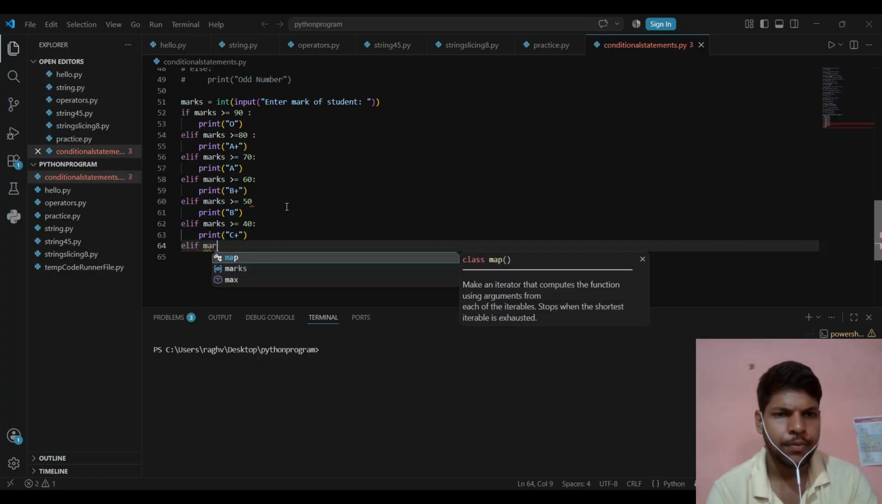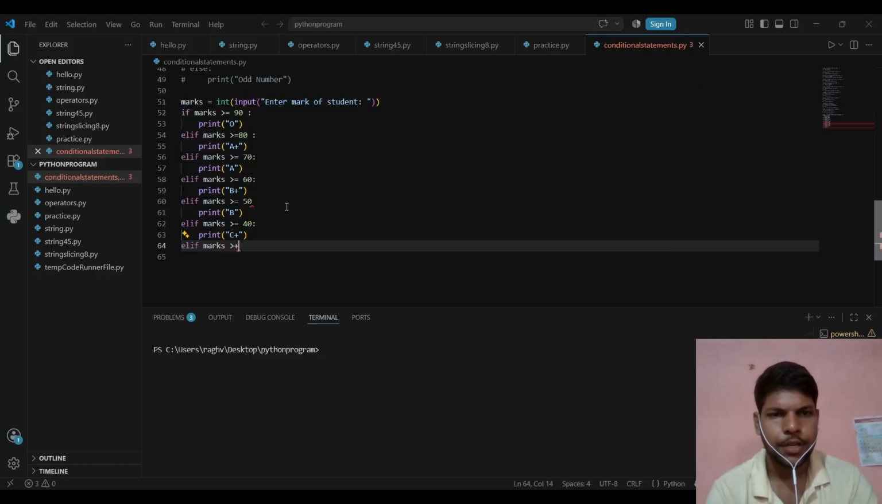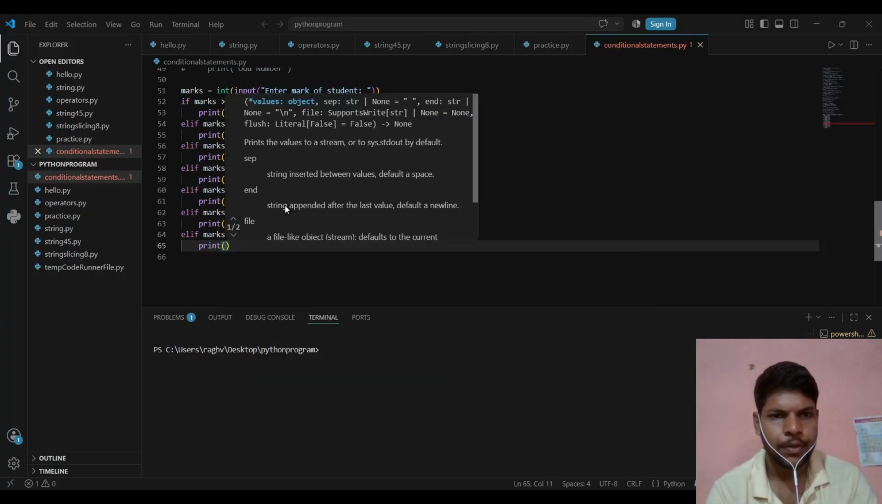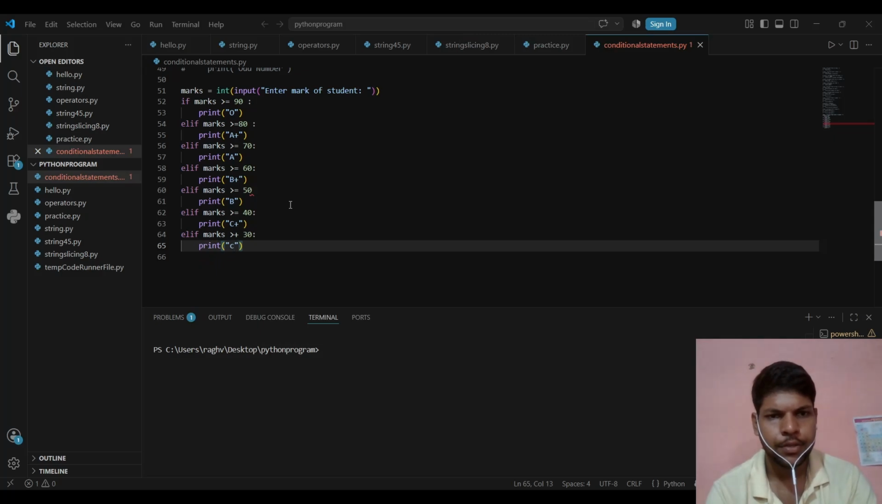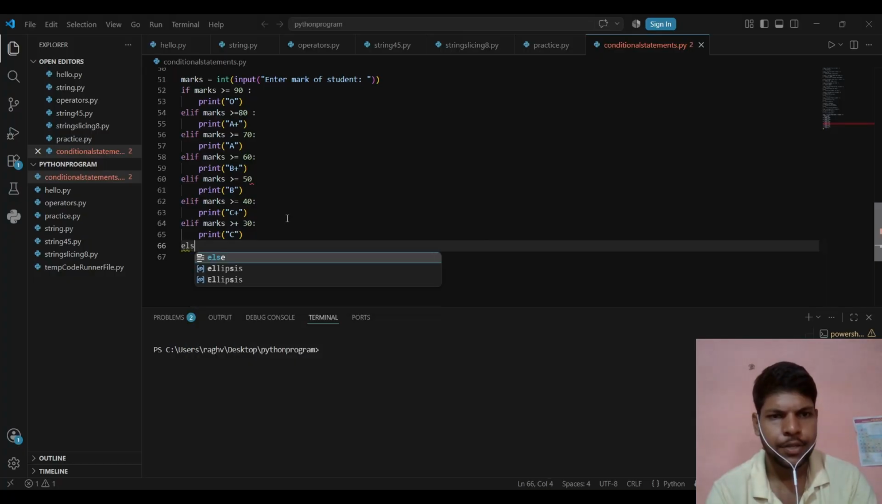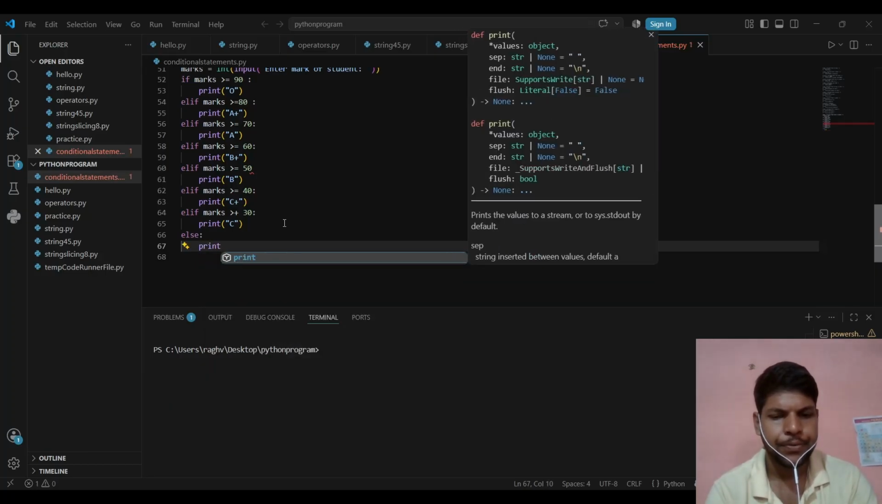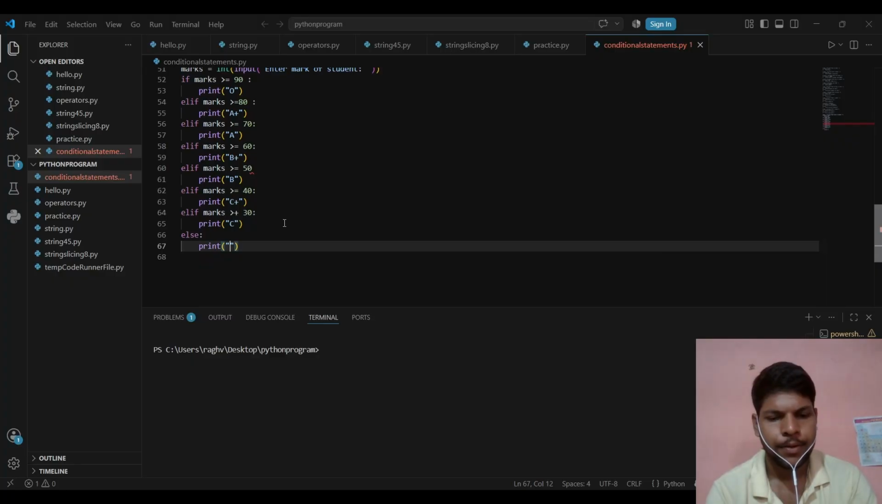If marks is greater than or equal to 30, then print C grade, and after that else, print F grade. F grade means fail. Okay,